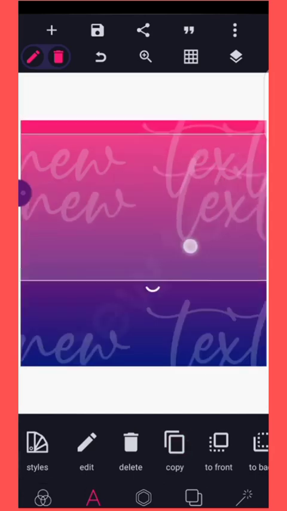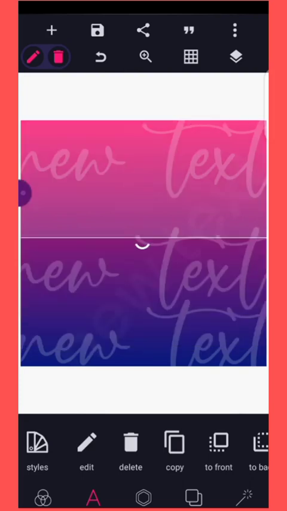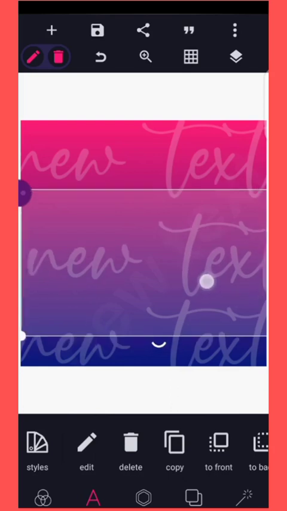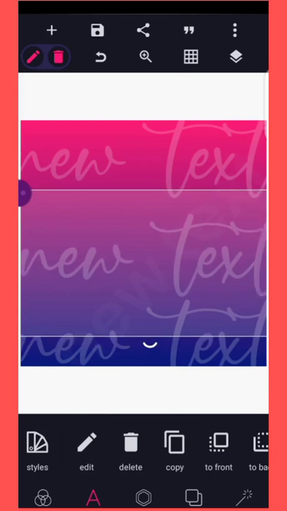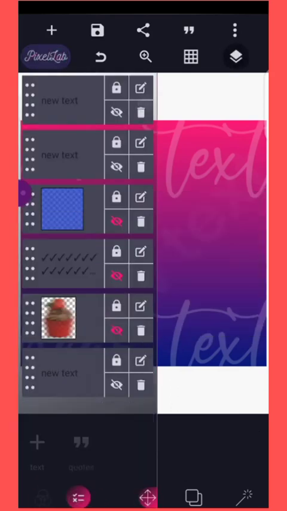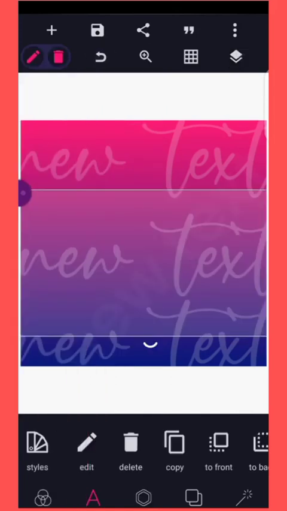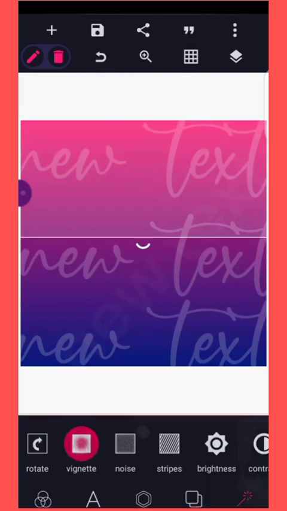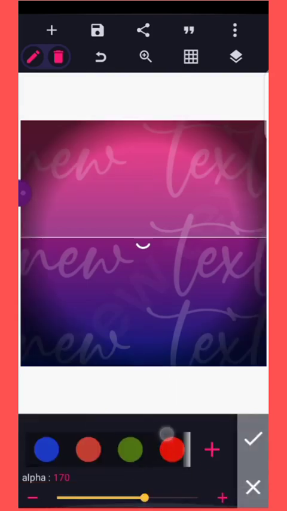Now if you notice, we still have one new text here, so you can still reduce the opacity further if you don't want it to be too obvious. So this is one way you can add your background. So let's come to this one before I forget. Now I can choose to rotate my background, but it's actually not working now. Also my background now, but if I click on vignette